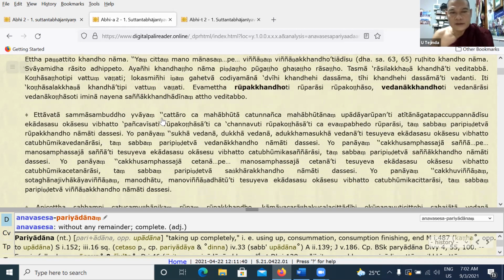Do you remember? I gave you homework to search for the number 96. Do you get the number? Yeah, we got it, Sayadaw. Can you tell me those 96? So they are